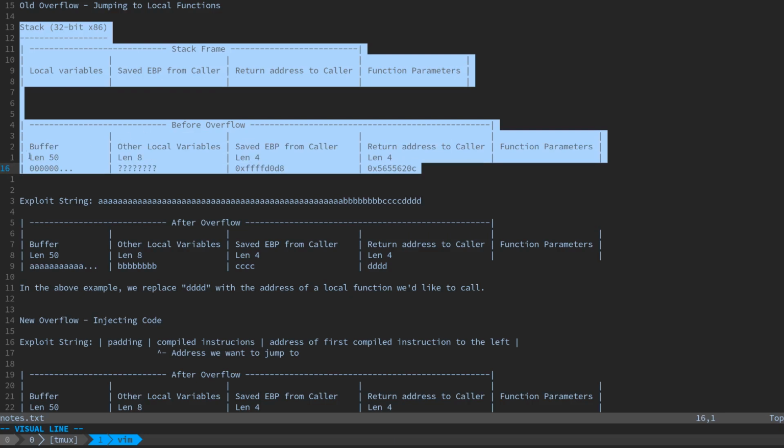have some sort of a character buffer here that, say, was length 50. Maybe we would have some other local variables underneath that on the stack, maybe of length 8. We would have this saved base pointer from the calling function, which is going to be another 4 bytes, so there's an example address. Then we would have the return address back into the caller. That would be another 4 bytes, and then there was the sample address. So if we have 50 bytes plus 8 plus 4 plus 4, then we would need 66 bytes,